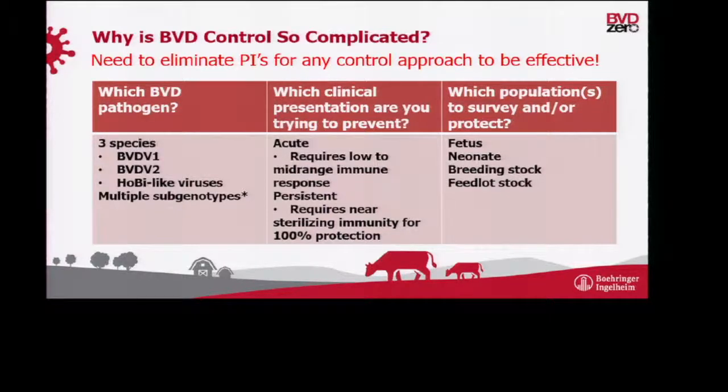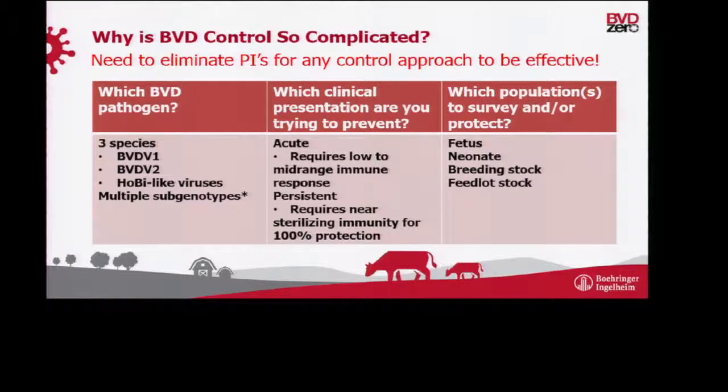If you want to protect the neonate, you can vaccinate early, but remember that the immune system is not mature in the early days of life. Plus, we have colostral antibodies there that might interfere with vaccination. So sometimes the best thing you can do for a neonate is make sure they get good high titer colostrum and get passive antibodies that way.